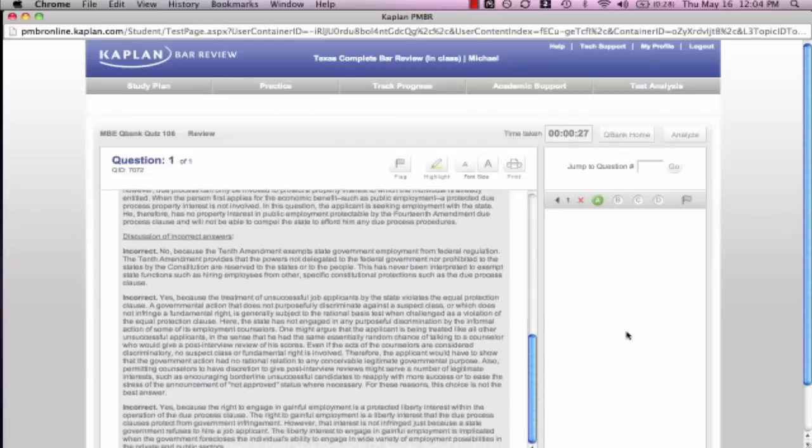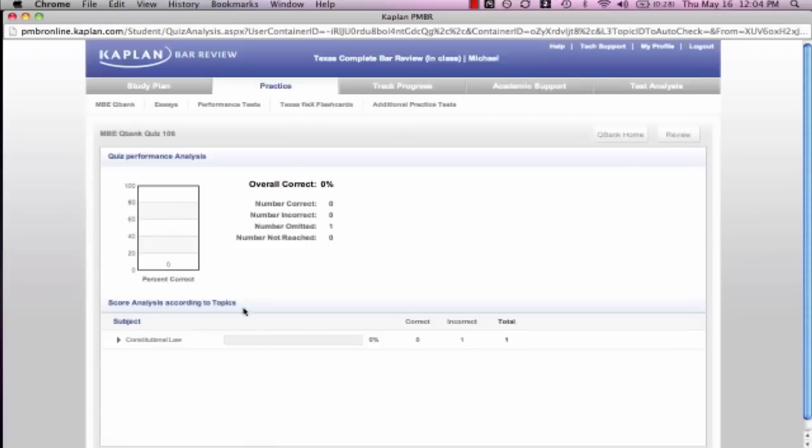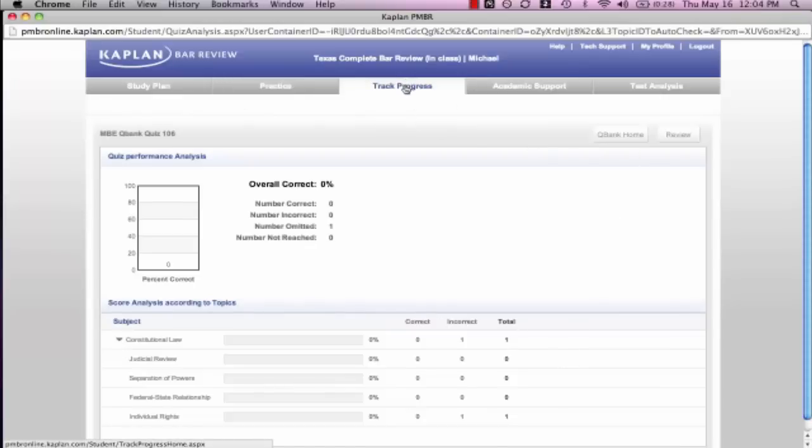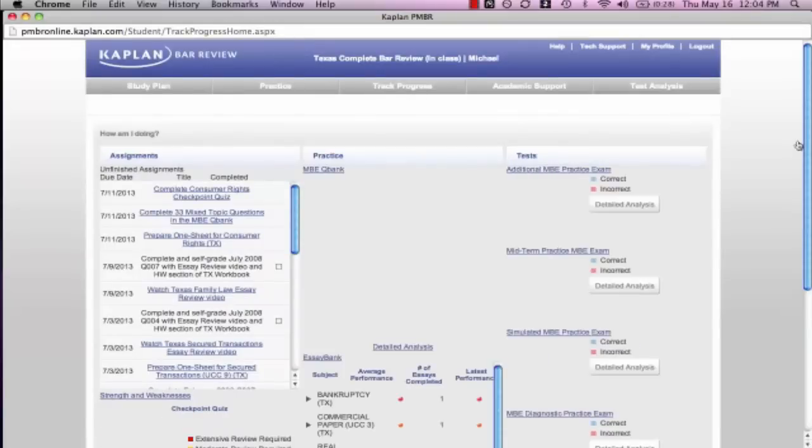So let's take a look at analysis. What I really want to show you is how granular the detail is in our analysis. Now, you don't really get a great idea here because this is only a single question quiz and I got it wrong, so I know I'm 100% incorrect. What I'm going to do is quickly take you to the Track Progress tab, which we will go into more